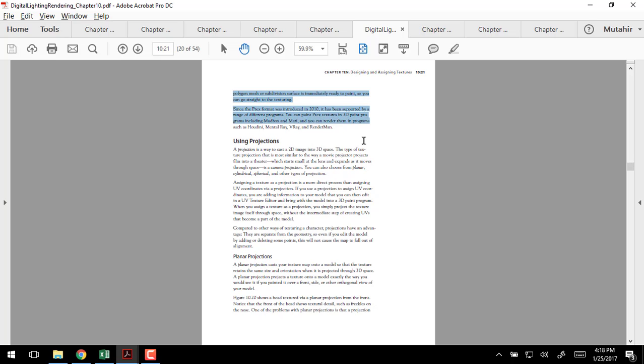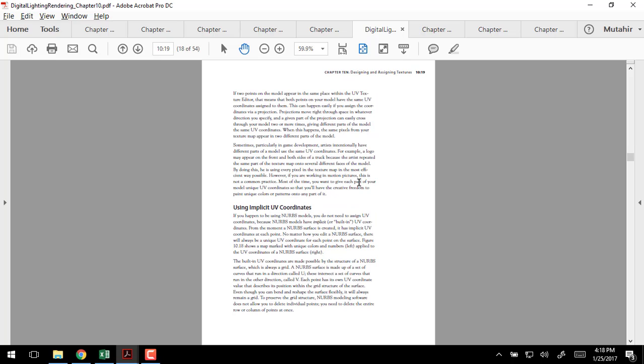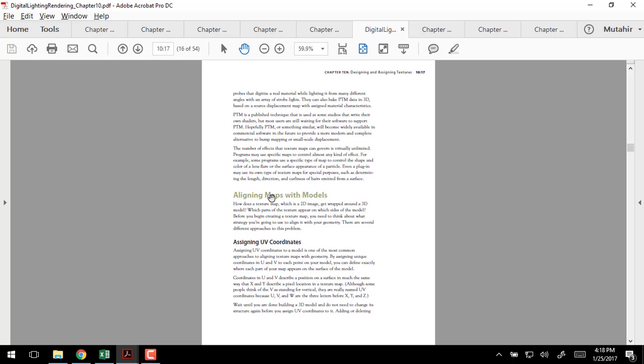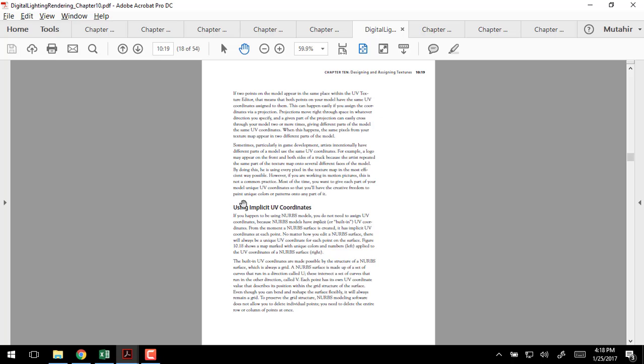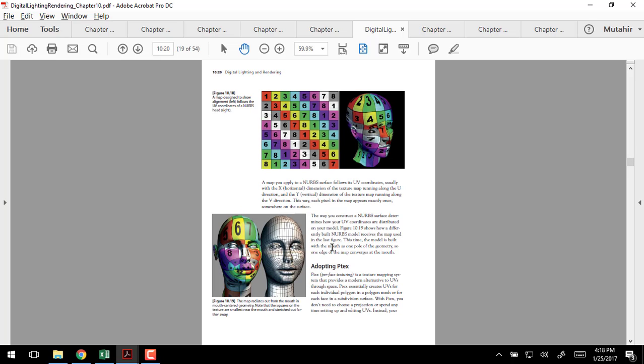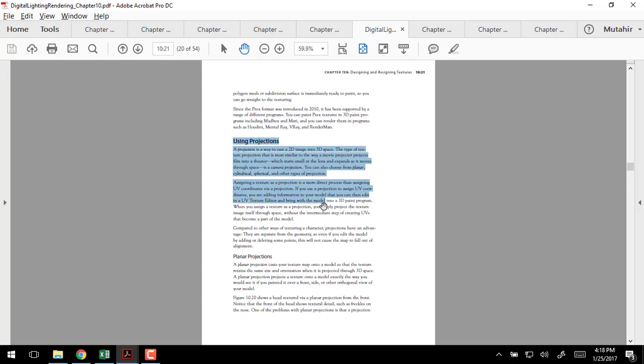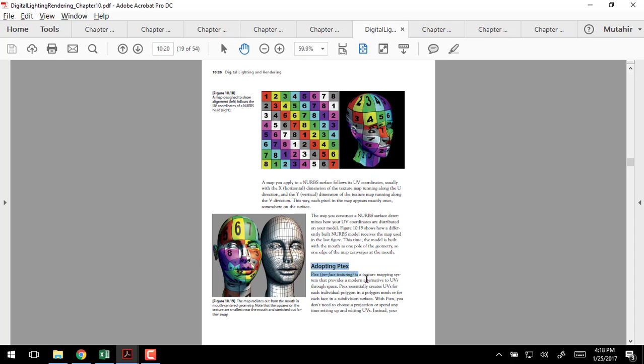It's not a long discussion, but I just want to get your head around this whole thing. That's why I went through all this, aligning maps with models. Just understand what this is, what that is, using implicit UV coordinates, what using projections is. Basically that's what you did in the labs, and what you really need to focus on is the new technique of using p-text, per face texturing. Alright,